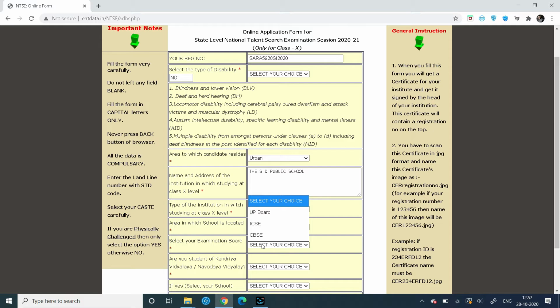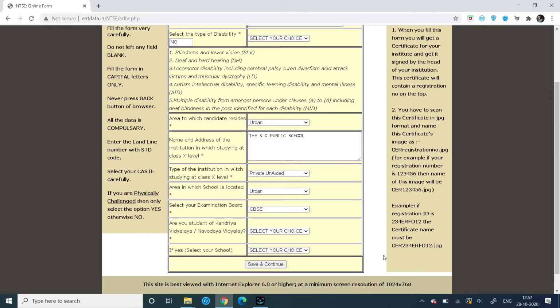Now select your board. If you are studying in a CBSE school, then select CBSE. If you are studying in Kendriya Vidyalaya or Navodaya Vidyalaya, then you will select yes, otherwise you will select no. Then save and continue.